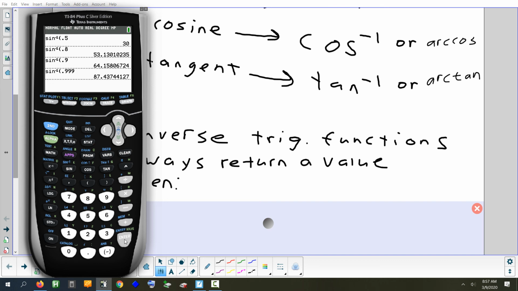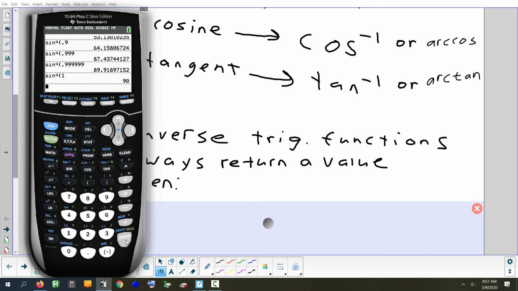87.43 or 44. So what ends up happening is you'll never get an answer back that goes higher than 90. As what you type in the parentheses gets closer and closer to 1, you'll get an answer that starts to get closer and closer and closer to 90. And if you put in exactly 1,